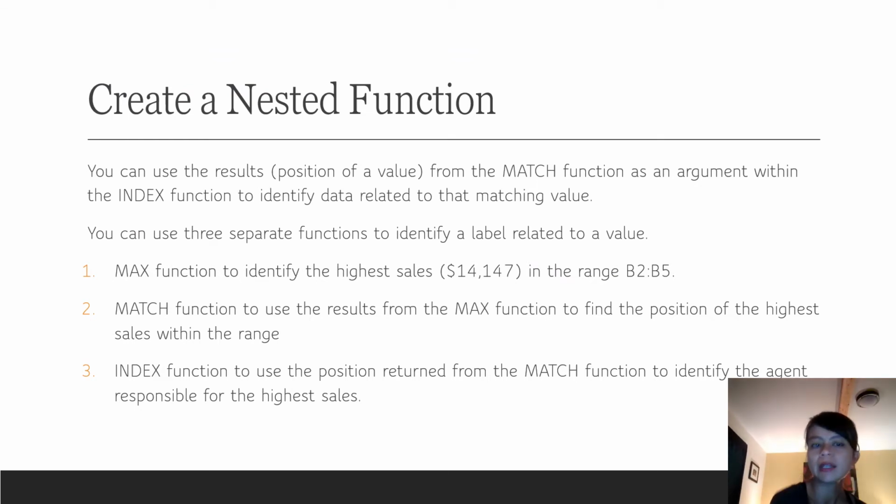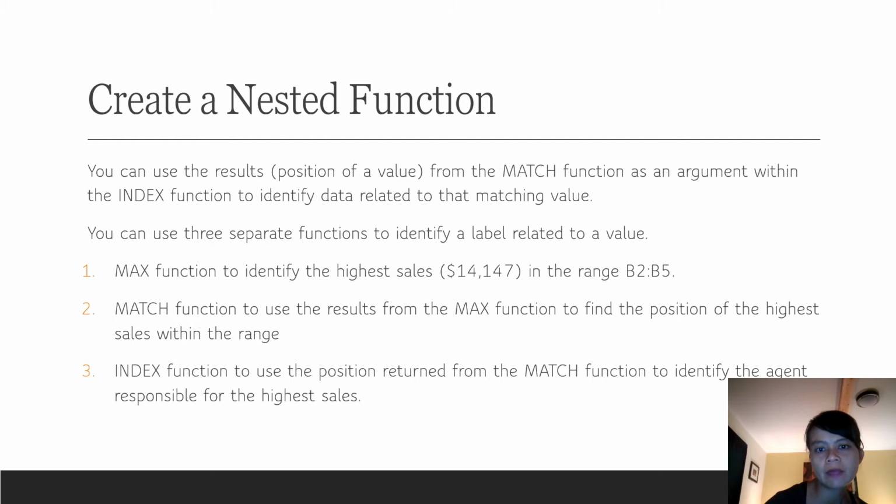Next, we look at creating a nested function. You can use the results position of a value from the match function as an argument within the index function to identify data related to the matching value. You can use 3 separate functions to identify a label related to a value. So you can use max to identify the highest sales. You can use match to use the results from the max to find the position of the highest sales. Then you use the index to use the position returned from the match function to identify the agent responsible for